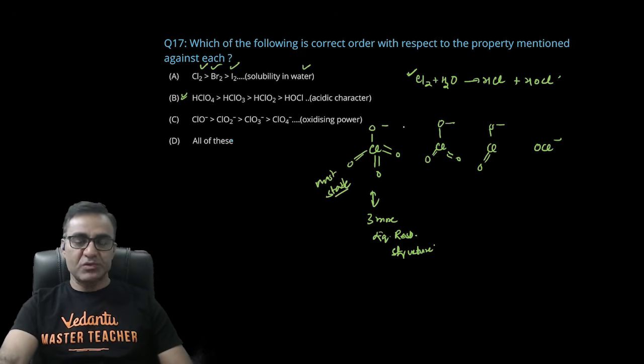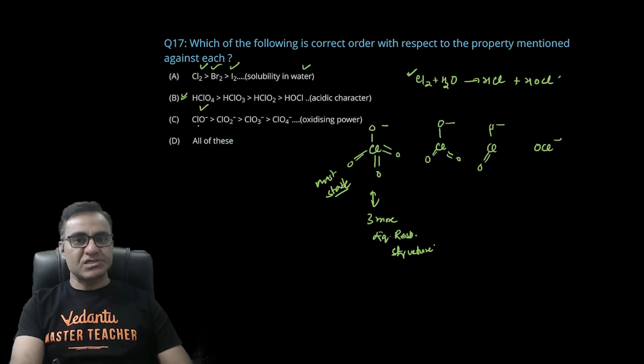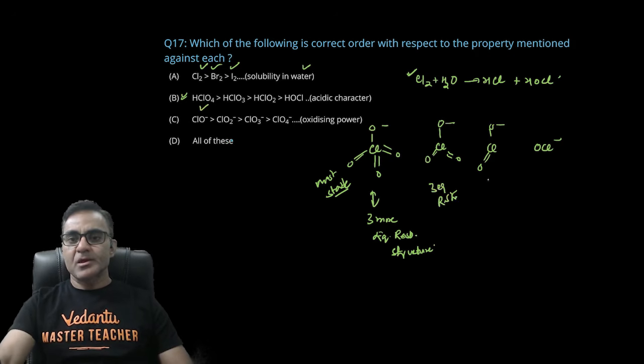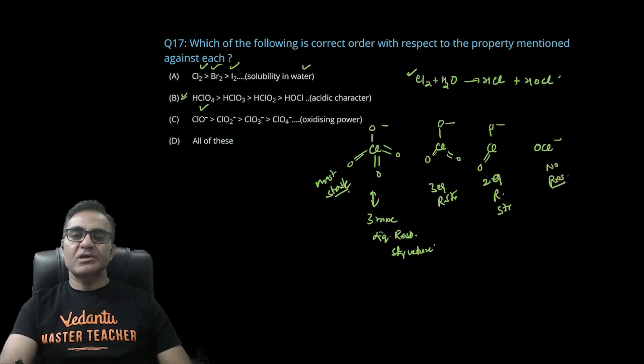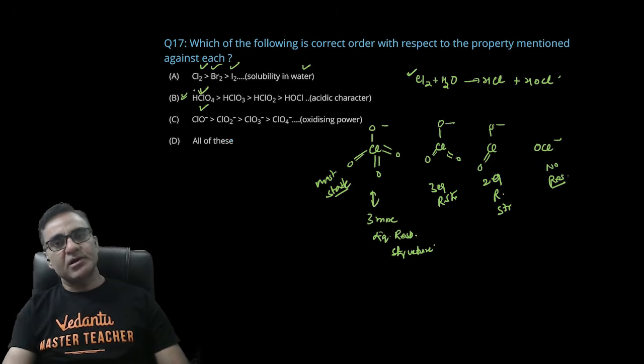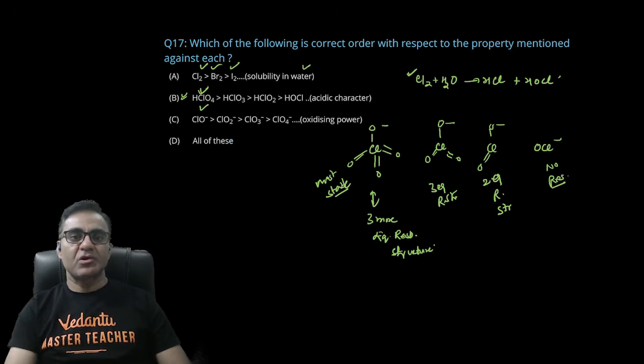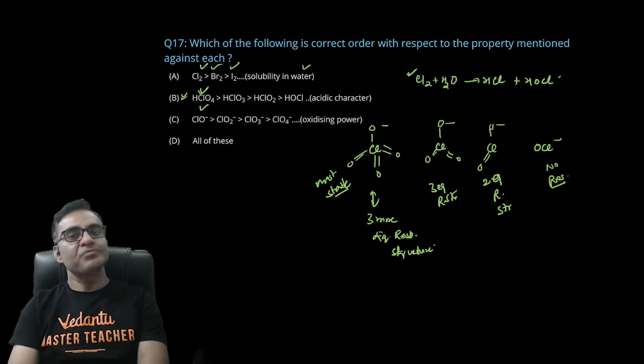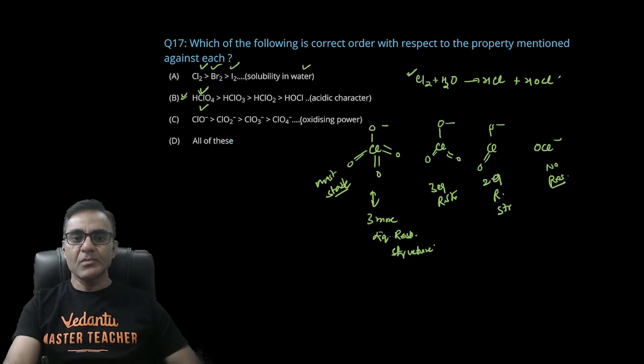टेंडेंसी सबसे ज्यादा होती है, right। तो HClO4 सबसे ज्यादा एसिडिक हो गया। यहाँ 3 इक्विवेलेंट रेजोनेटिंग स्ट्रक्चर, यहाँ पे 2 इक्विवेलेंट रेजोनेटिंग स्ट्रक्चर, और यहाँ पे नो रेजोनेंस। तो सबसे ज्यादा डीलोकलाइजेशन ClO4 माइनस में होगा नेगेटिव चार्ज का, और सबसे कम होगा OCl माइनस में। Alright, तो ये सबसे ज्यादा एसिडिक हो गया। अगर प्रोटॉन देने के बाद एनायन का स्टेबिलिटी ज्यादा है तो that proton donation की टेंडेंसी अधिक होगी, लिहाजा एसिडिक स्ट्रेंथ भी अधिक होगी।